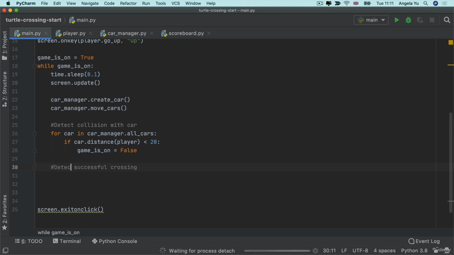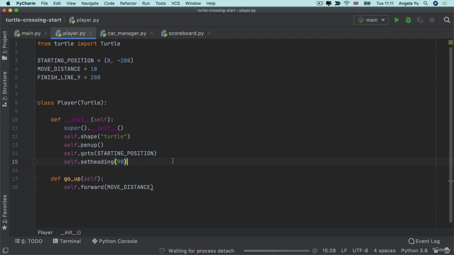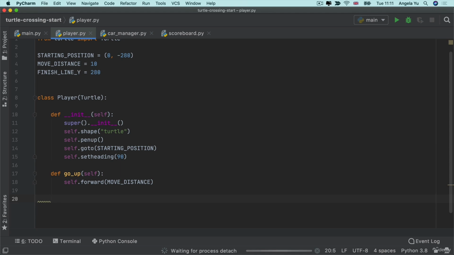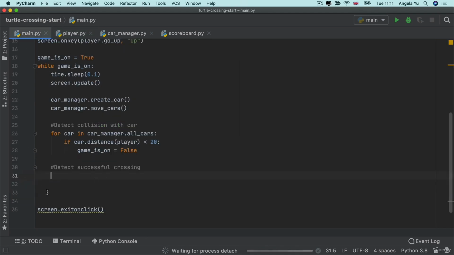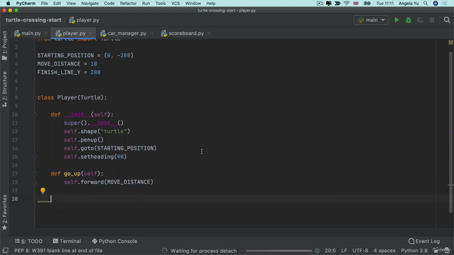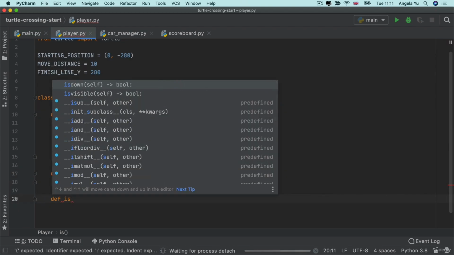So what is a successful crossing? Well, the player turtle has to reach the finish line, right? Which we've defined the y value for as 280 here in the constant. Now, you could do this in a number of ways. You could define a method here, or simply just get hold of the player's position and then figure out if it's over 280 inside our main.py. Now, I'm going to create a method here instead. And I'm going to call the method